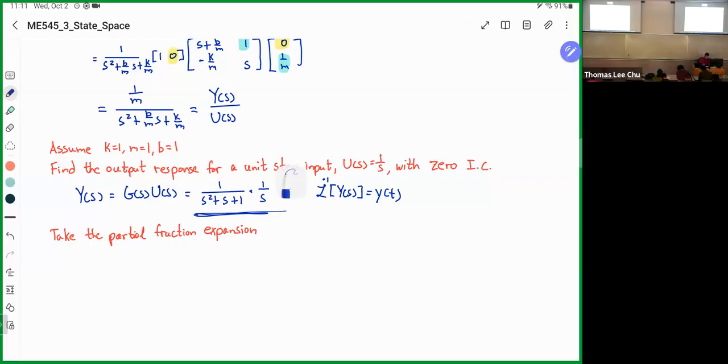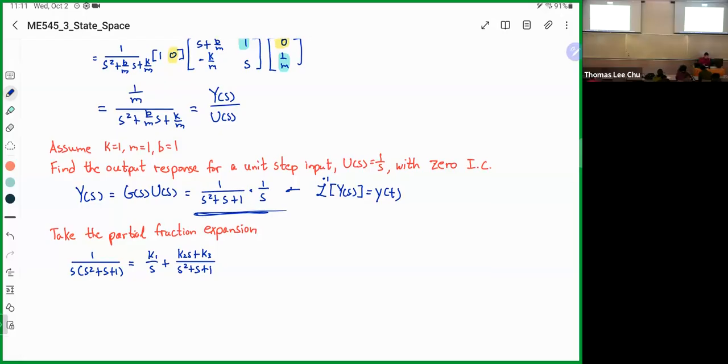And that's going to get us basically 1 over s multiplied by s squared plus s plus 1 is equal to k1 over s plus k2s plus k3 over s squared plus s plus 1. We use this form because for s squared plus s plus 1, the roots are going to be complex conjugates, so we can't factorize it further. Okay, so